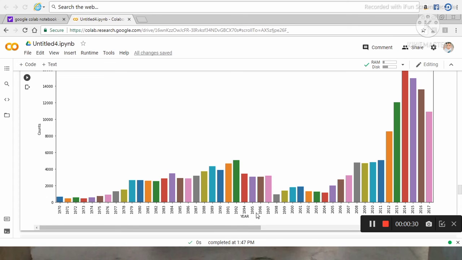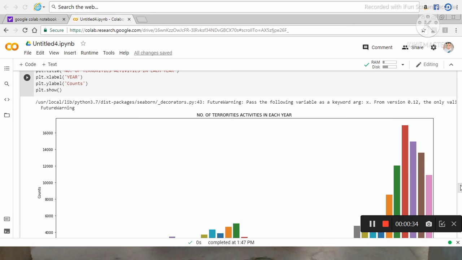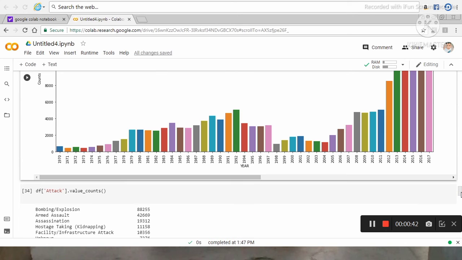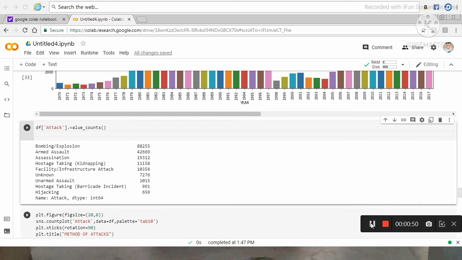Now you can see that most terrorist activity is happening in this year, and what is that year? Yes, 2014 is considered the most affected or most targeted year for terrorist activities.